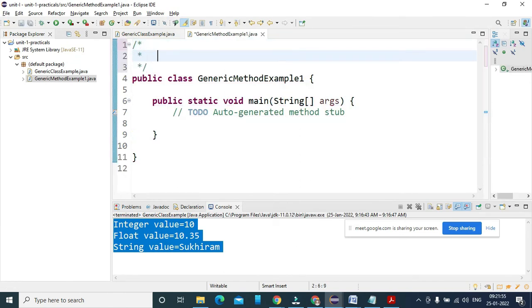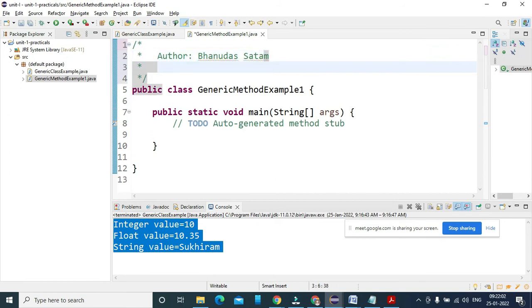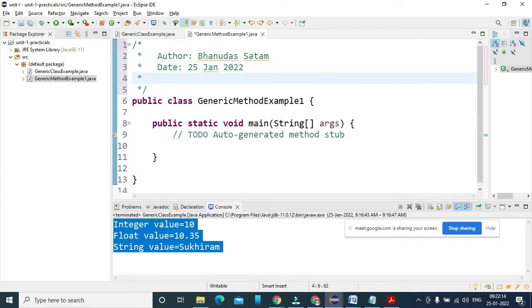Here again author, and date is 25th Jan 2022, and the aim is to understand the generic method by using the following types. So how many types are there?